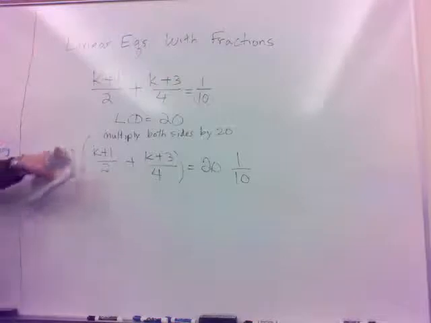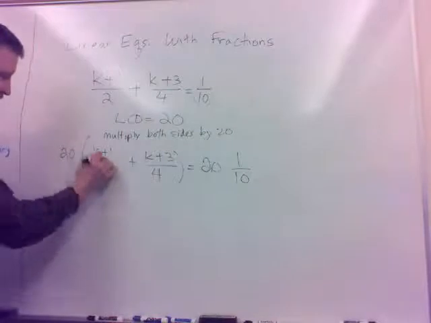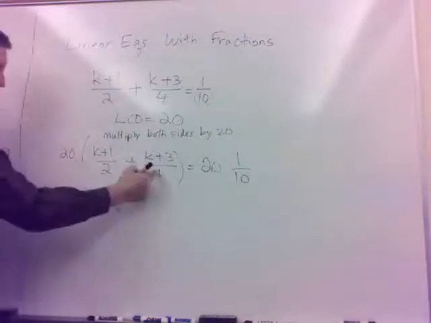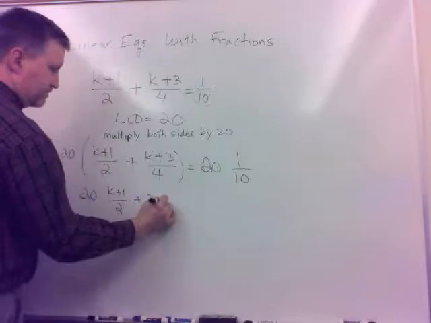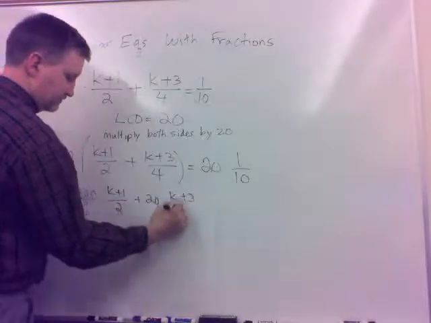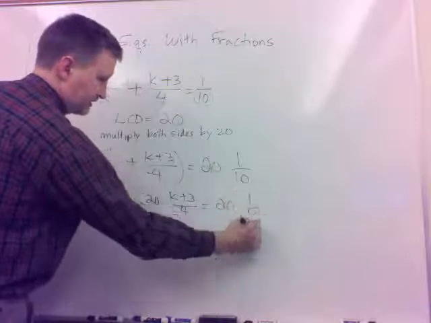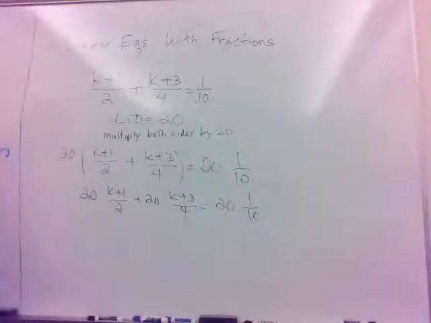But note, 20 is multiplying it. That 20 has to be multiplied by both of these, doesn't it? k plus 1 over 2, it has to be multiplied by 20, and then the 20 has to be multiplied by the k plus 3 over 4. So let's just rewrite that. All right. Okay, well, if we do that,